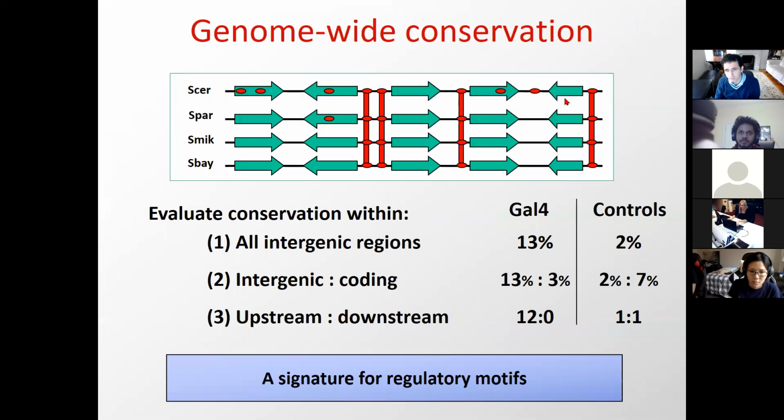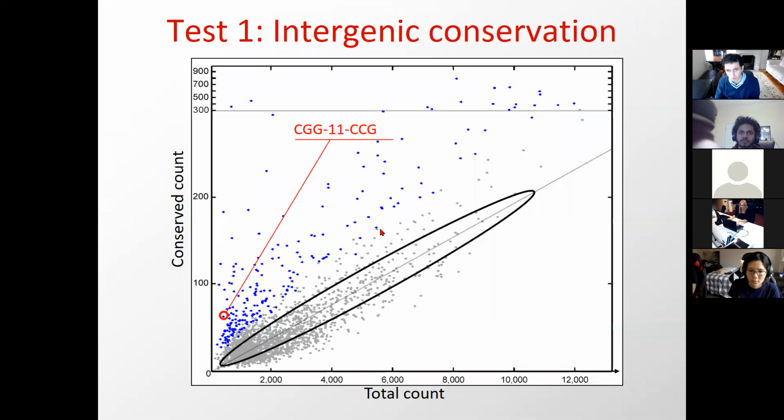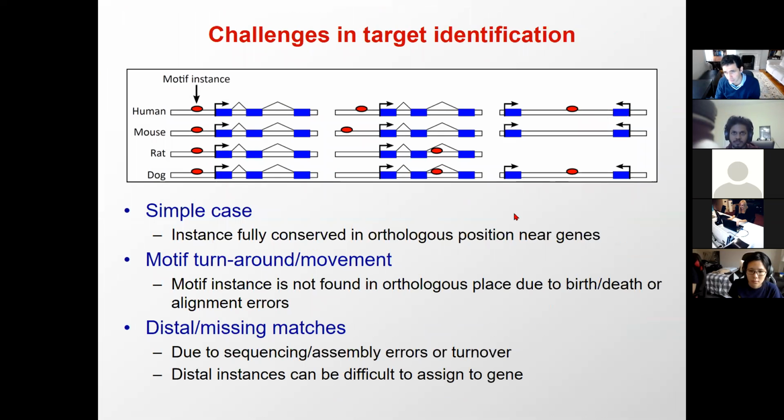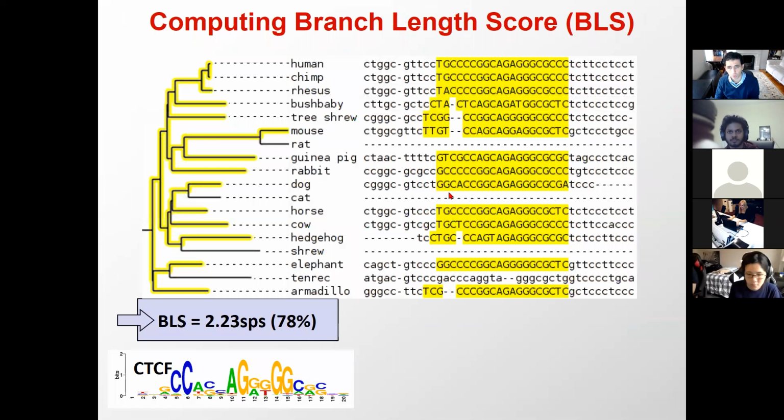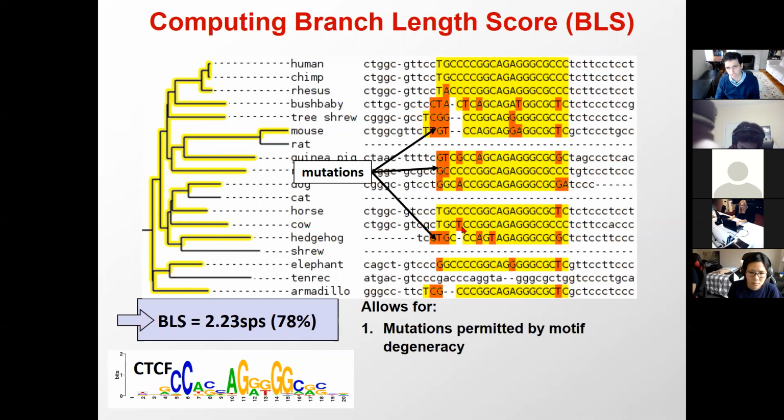Okay, so that's for genome-wide conservation of motifs. And then this is for individual instances of motif occurrences, where we can now ask what is the total branch length over which the sequences are conserved. And that gives us 2.23 substitutions per site. So that basically means that this entire tree, measured in units of substitution per site, captures these branches, but doesn't capture this branch, that branch, and that branch, and that branch, because either the motif is lost or that sequence is not present there. So now we want to ask, is this branch length sufficiently high, despite